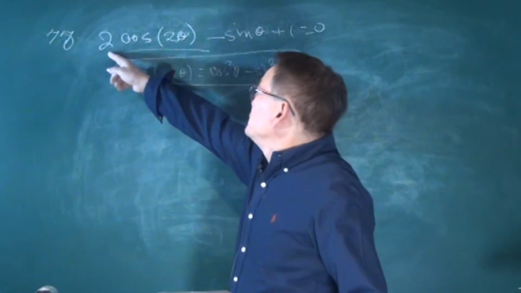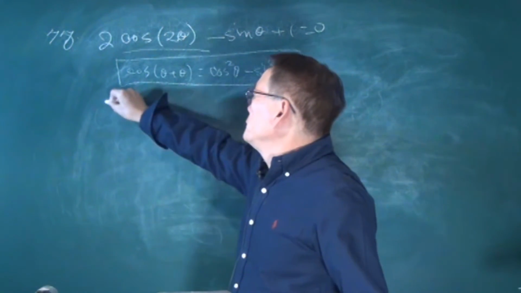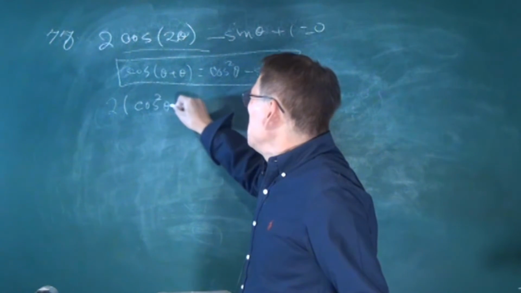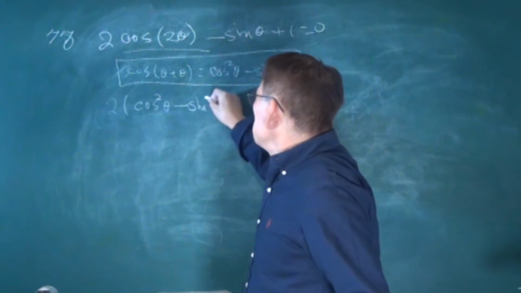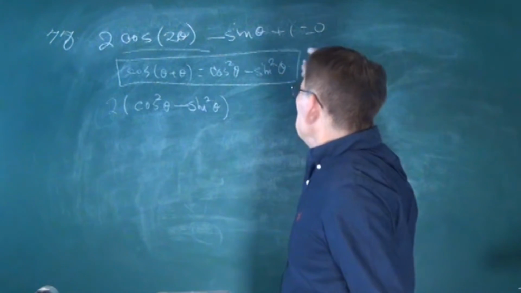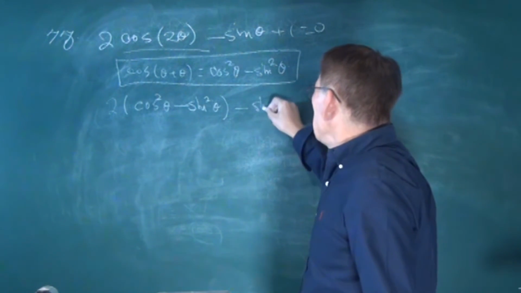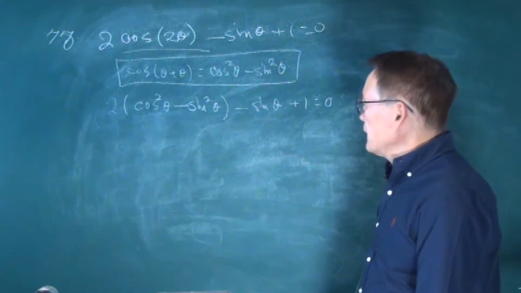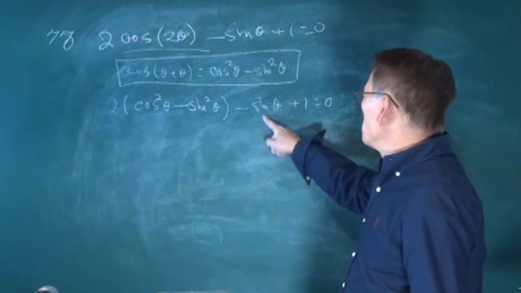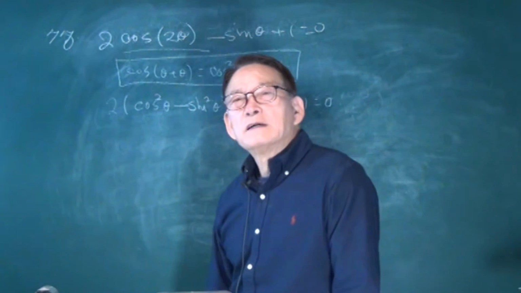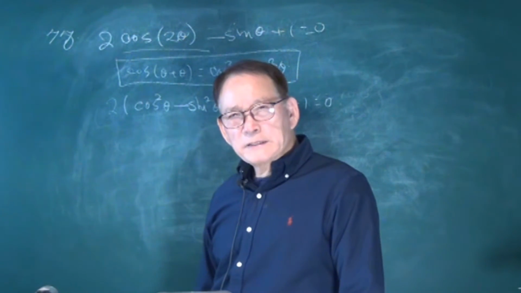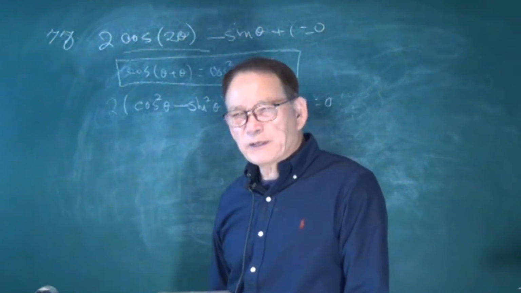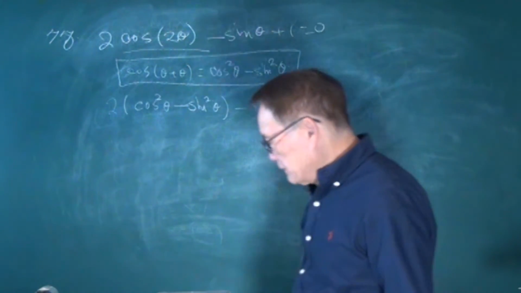Then this part will be the same as 2 times cosine squared theta minus sine squared theta, and then just rewrite here sine theta plus 1 equal 0. Now we can see sine theta might be a known variable in this case. We solve for sine theta first, and then we solve for theta. Okay? Now you remember,